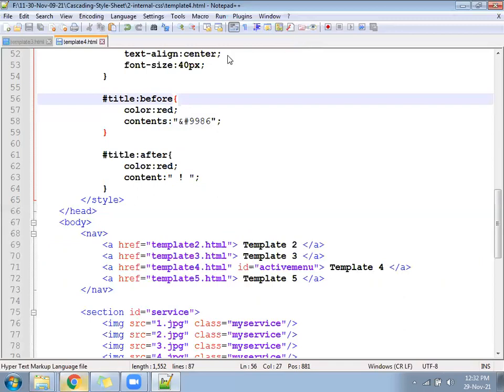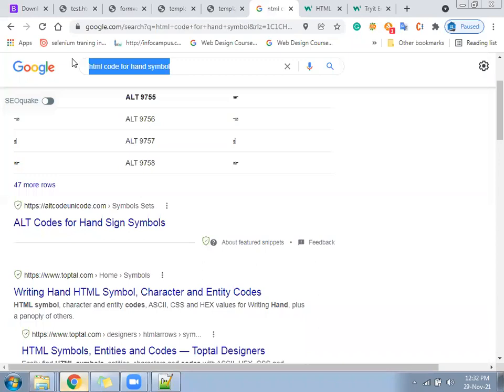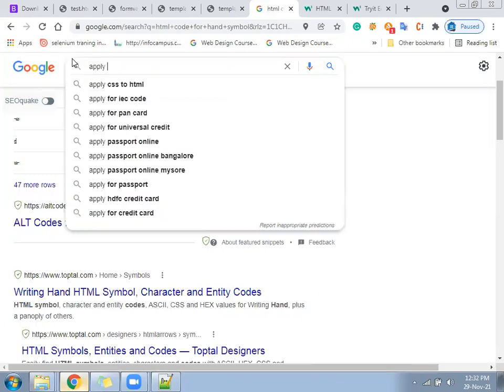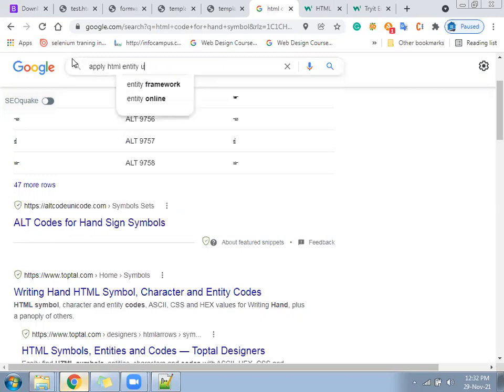Next, I need to search. Apply HTML entity using CSS content.